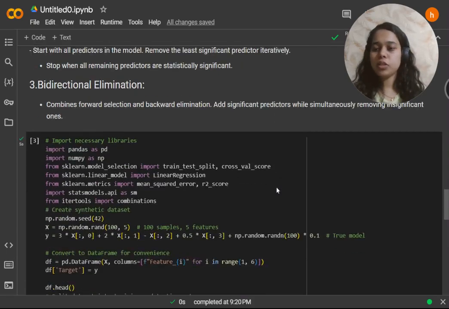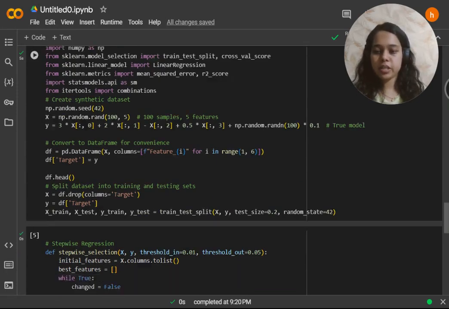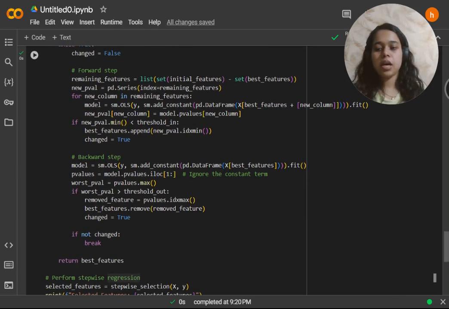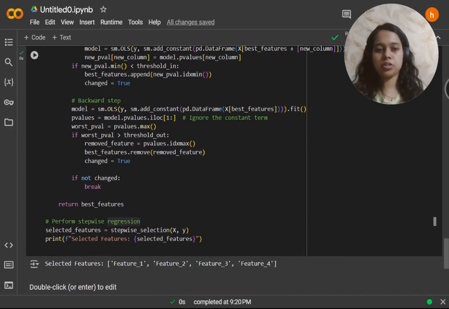Now let's move to its code. So here again I have imported the necessary libraries for our code, and now we are defining our stepwise selection function, where we create a while loop that runs while true, with its forward step and backward step, and if not it will provide the stepwise regression.